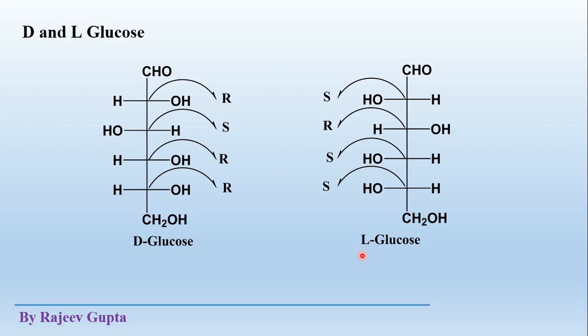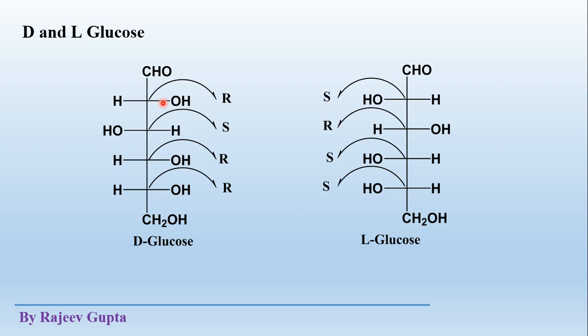So capital D and capital L of the same compound are always mirror images of each other. Likewise small d and small l are also mirror images or enantiomers of each other. Likewise R and S, as we see in absolute configuration, both types of compounds which have R and S are also mirror images and enantiomers of each other.